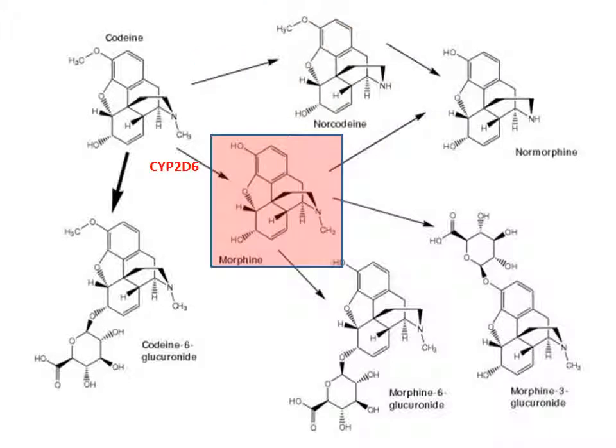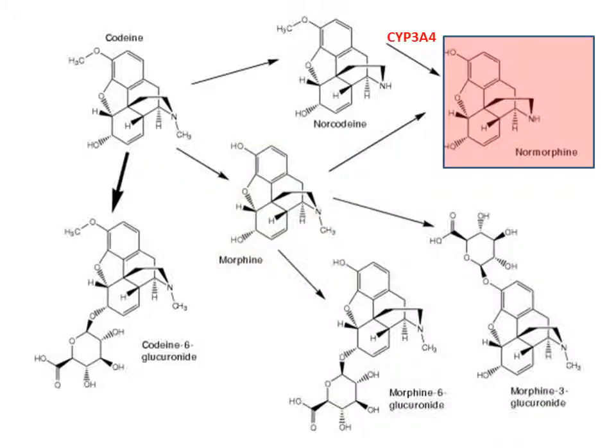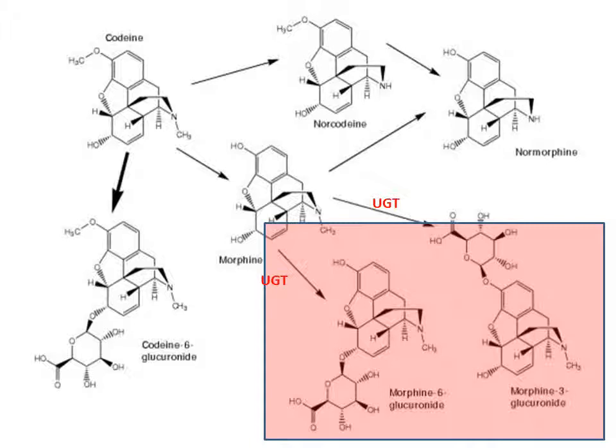This involves O-demethylation catalyzed by cytochrome P450-2D6. These final two reactions are oxidations, which expose the alcohol and amine functional groups respectively. But morphine can be then further metabolized to normorphine through N-demethylation by cytochrome P450-3A4, or to major metabolites, the glucuronidation products morphine 6-glucuronide and morphine 3-glucuronide. These reactions are again catalyzed by UGT.